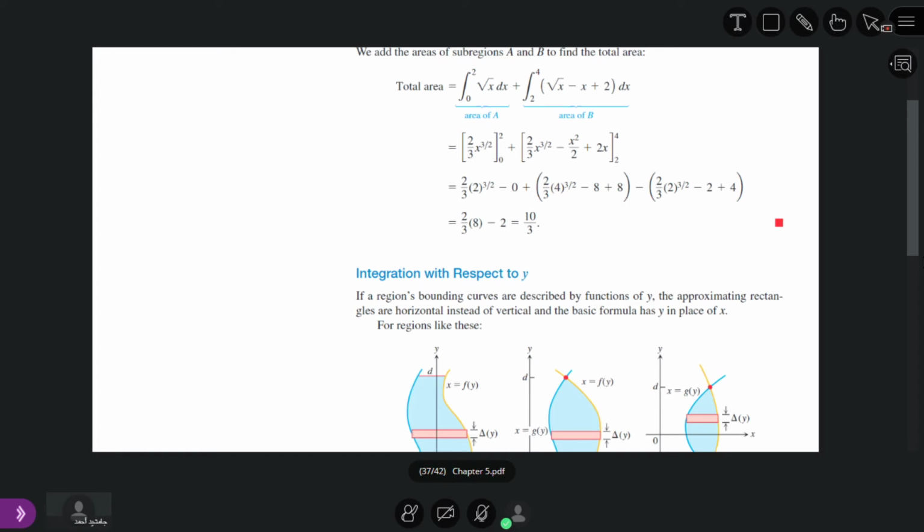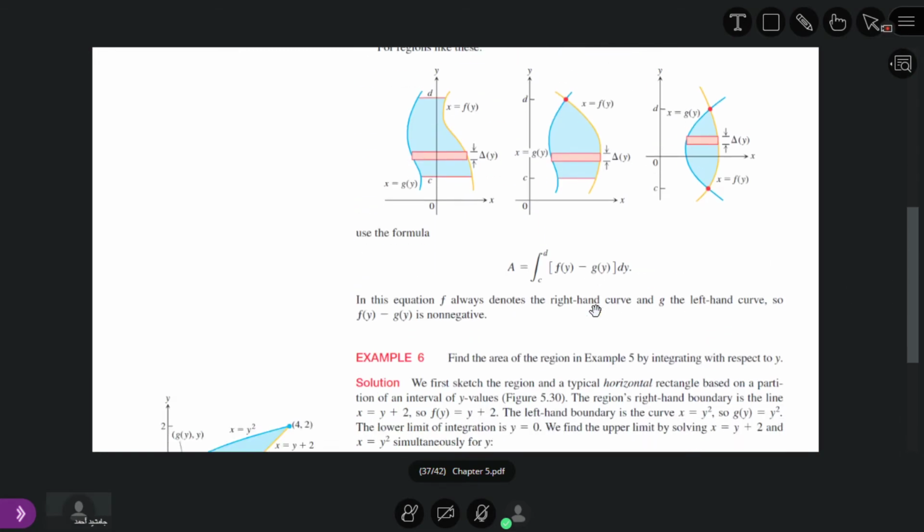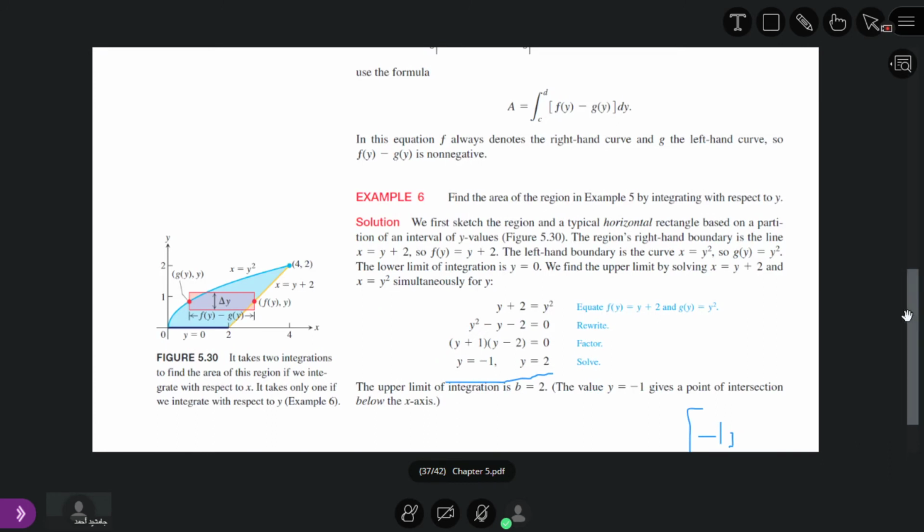If I take y minus 2 common again, we shall get the following pair. It means y plus 1 and y minus 2, which is equal to 0. So we get y is equal to minus 1, and y is equal to 2. It means two values of y. One is y equal to minus 1, the second is y equal to 2. So we have this interval, minus 1 to 2.